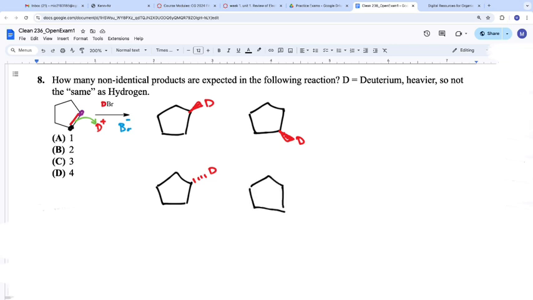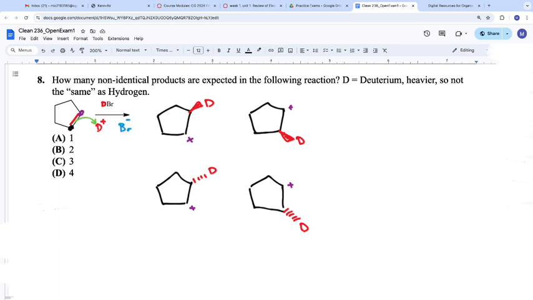Does anybody want to complain about this? They're all the same. They would all look the same, but there's something missing in our potential products. What's that thing missing in our potential products? Before we even get to bromine, you're right. Hydrogen. Oh, the other charge. Carbocation. That carbocation should add a little bit of asymmetry to these, we're not quite fully there, but it should make these not all identical.